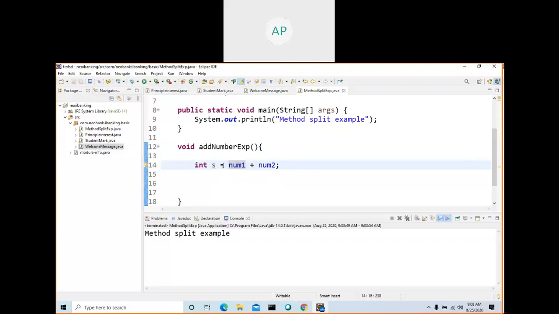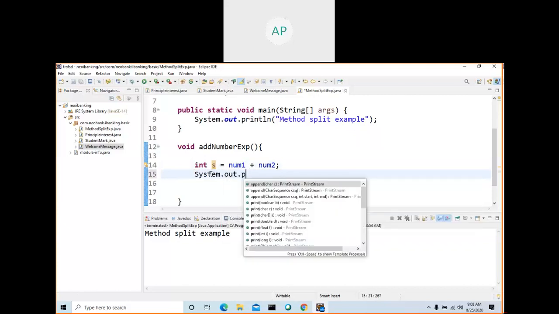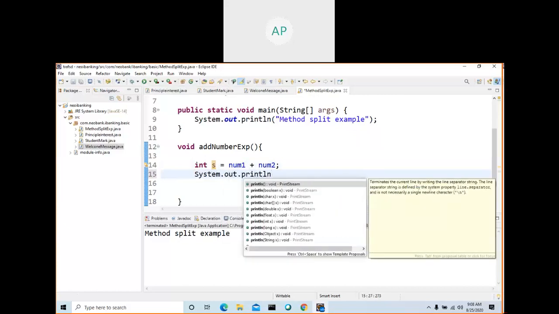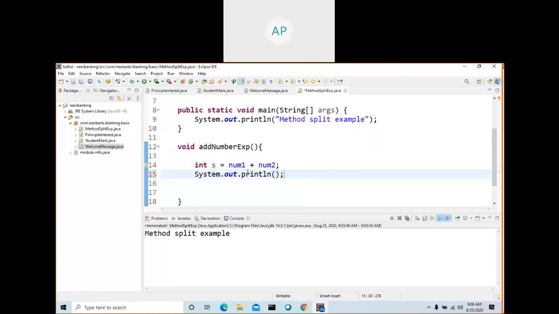Now you added; this is an equal to operator. Always when this instruction runs, your JVM will first evaluate the right hand side of the equal to sign. What is available on the right hand side, it will add, 66, and store it into this s1. So if you want to print this on the screen, System.out.println.